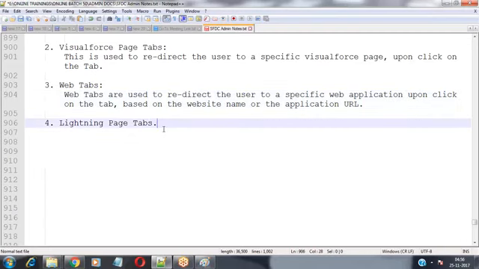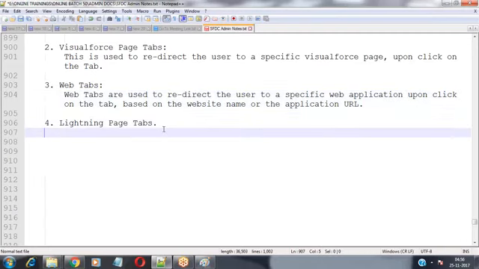In a similar way, we can redirect the user to a Lightning page also. Instead of using the Visualforce page, we can design our own Lightning page, which also has an attractive look and feel, and we can redirect the user to that Lightning page upon click on this tab also. At that time, this is called Lightning page tabs.